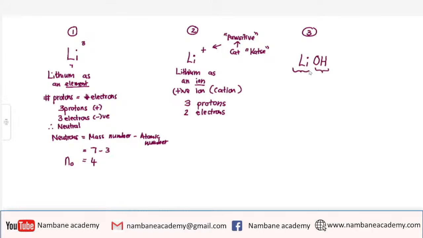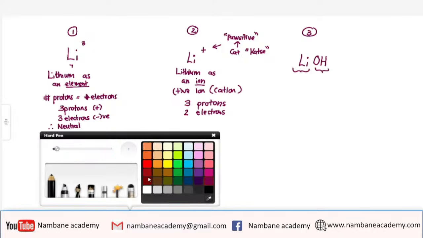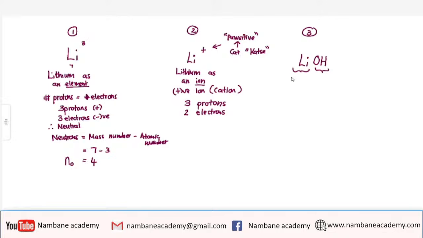So what I want you to always remember, right, always, is that the cation is always in the beginning of any kind of compound. So you will always have your cation and your anion. So it's always the positive cation comes first, and then you have negative second, right? So here also, this is the lithium cation, right? So it is this one, and this one is the hydroxide, so it is the anion. So you have your hydroxide,